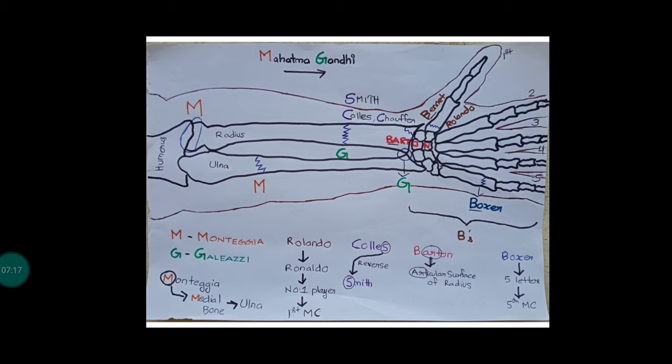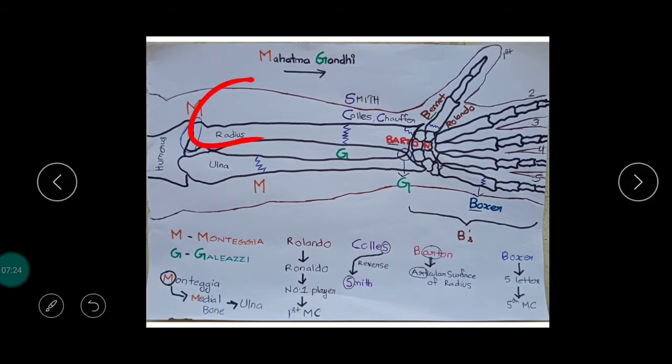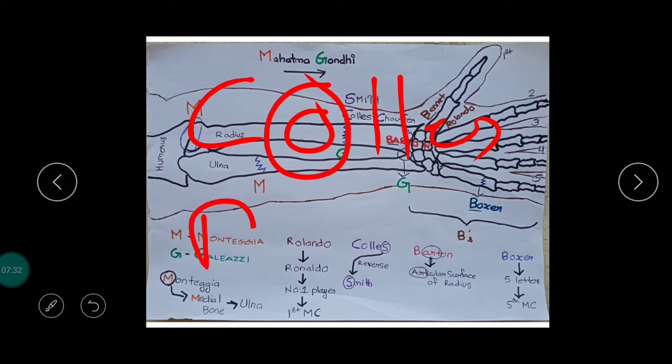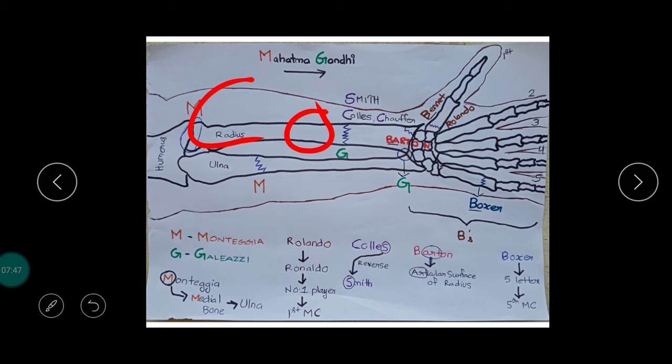If you ask me how you can remember that, it is simple. I have remembered it in such a way that we write Colles fracture like this, C-O-L-L-E-S, right? Remember the second letter, it is O. Dorsal, the second letter is also O, right? So you can say the Colles fracture has dorsal tilt. So the Smith fracture will have ventral tilt, just the opposite of that. This is how I remember Colles fracture and Smith fracture.